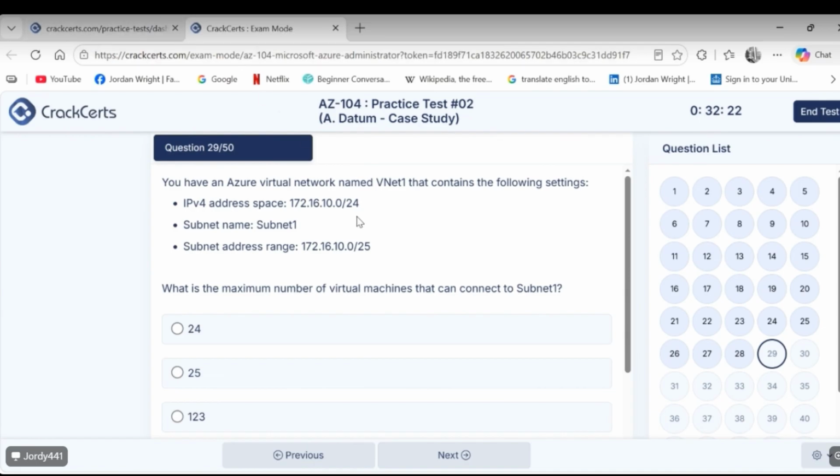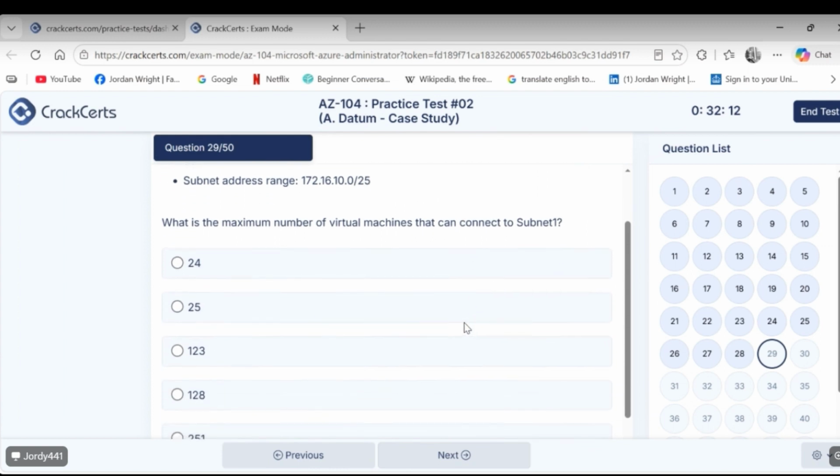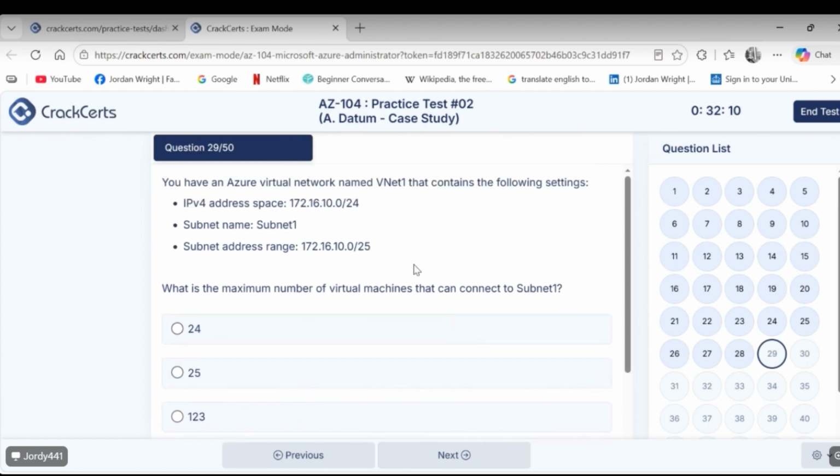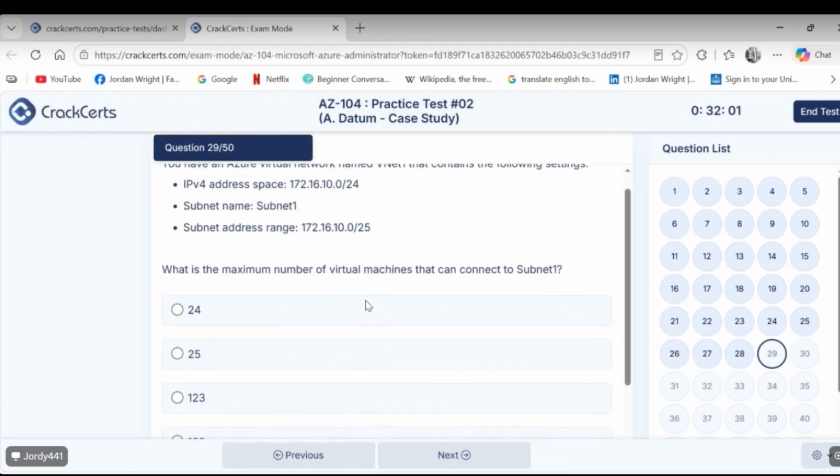Okay, and then you were talking about IP addresses. So what's the maximum number of virtual machines that can connect to subnet 1? The subnet, okay, so look at this. 25. So isn't that like